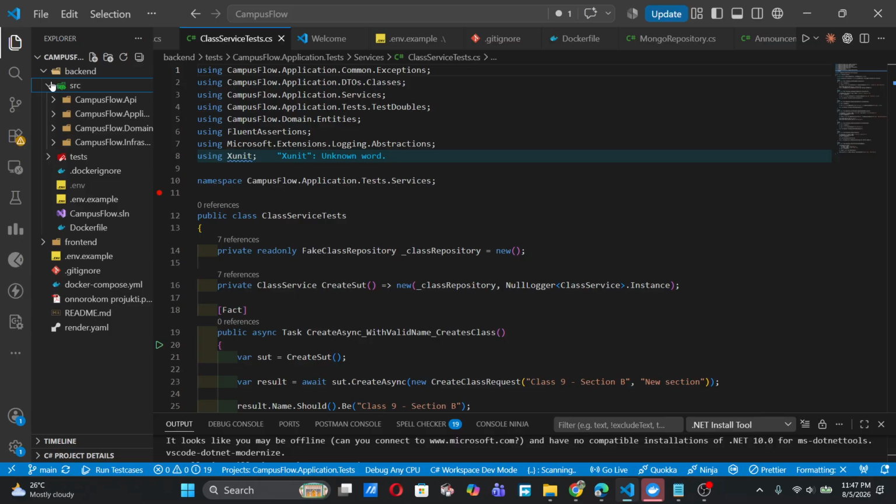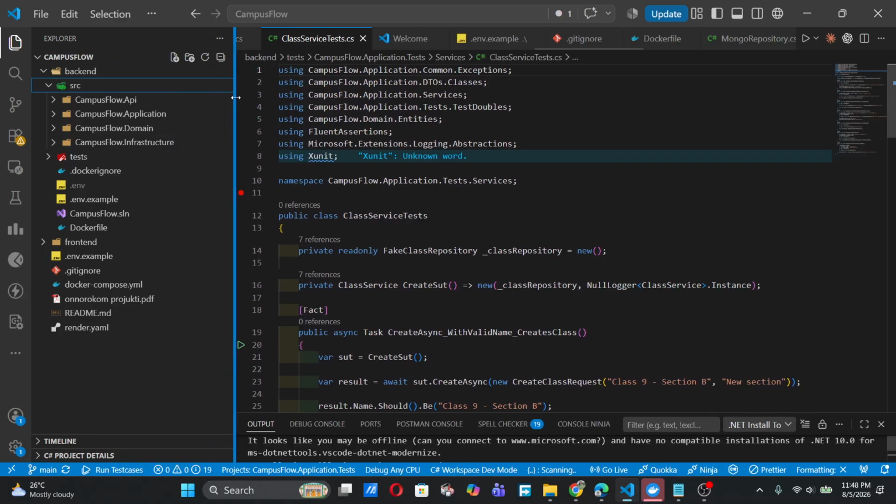Folders like domain, API, application, and infrastructure, and these are the different layers which I have included to make the architecture clean. The business logic lives in the application layer behind the interfaces, so that it can be unit tested with a real database. So there are 63 unit tests here,